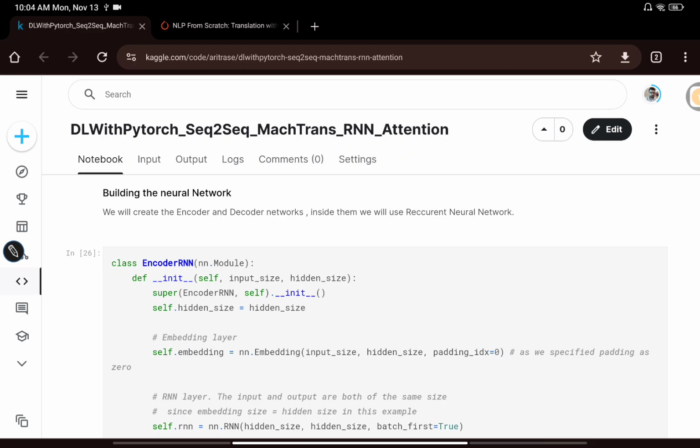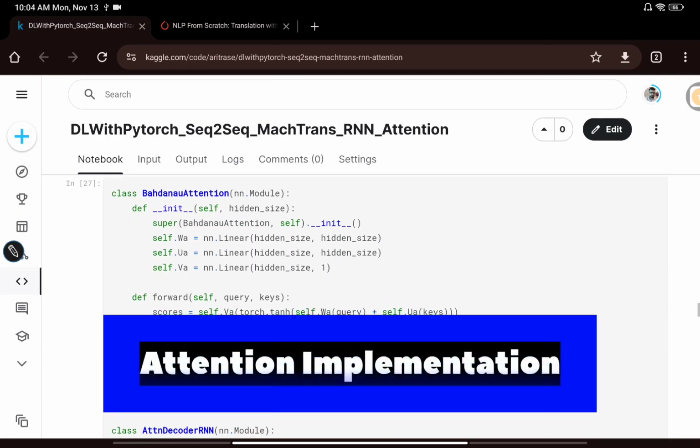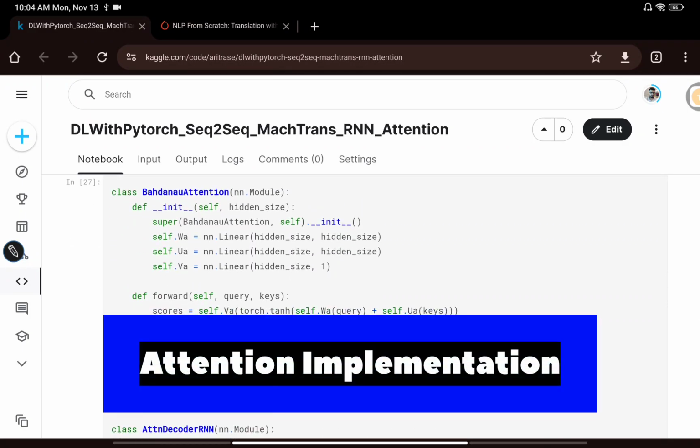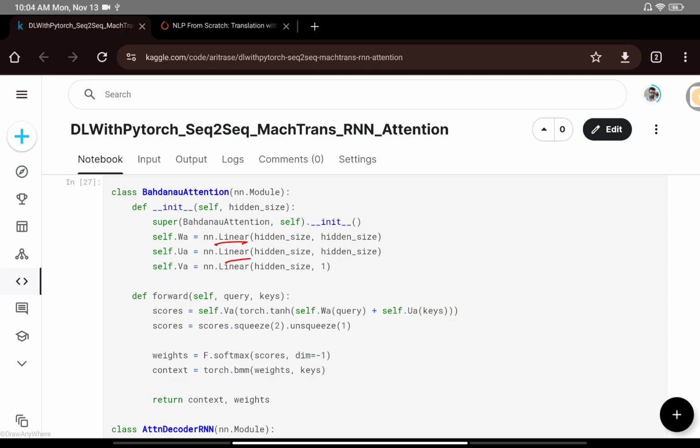So here the encoder RNN is the same which we discussed in the previous video, and after that the new thing which we are adding here is this Bahdanau attention, right? So here you can see the linear layers we have. So we have the linear layers, and then we also have another linear layer. So at first we are passing our query and keys. So these are nothing but the decoder previous hidden state and also the encoder hidden state that we are passing,